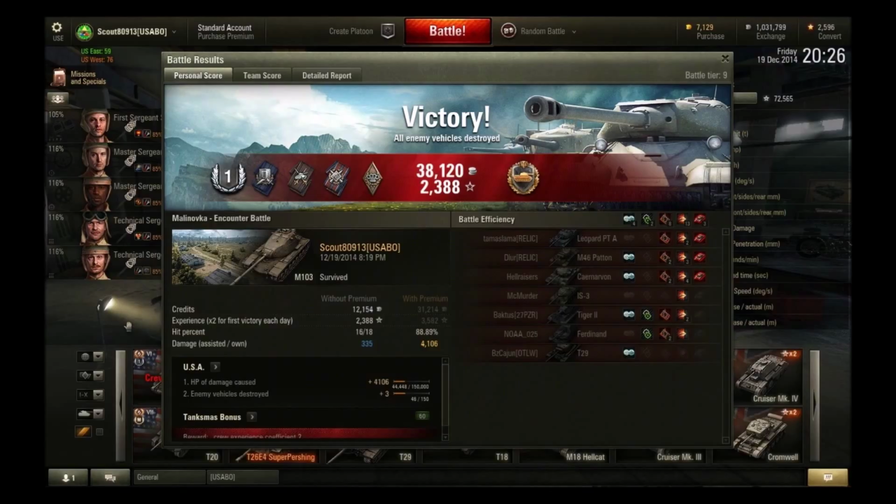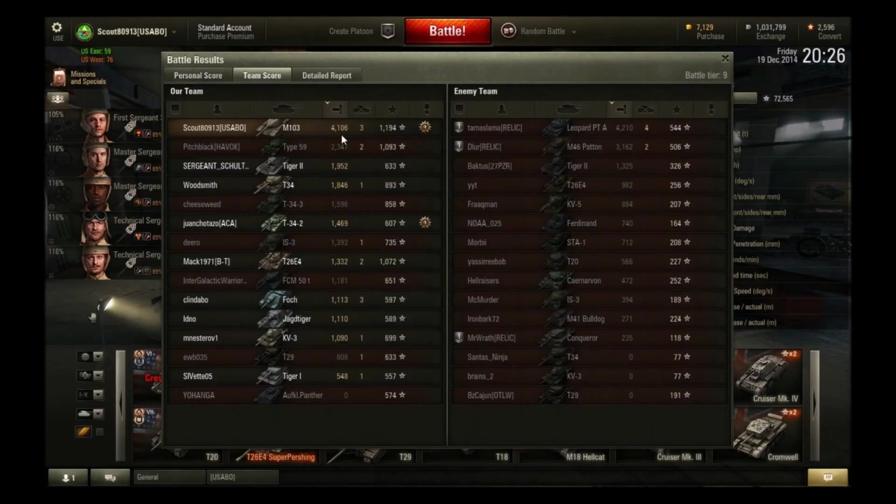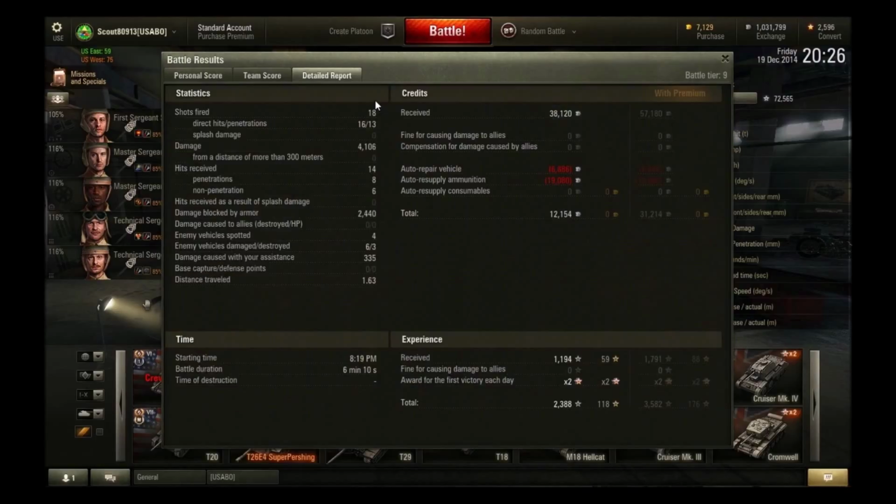Taking a look at the team scores, you can see that I was far and away able to lead my team in terms of damage done with 4,106 points of damage and able to pull in 1,194 points of base experience in that game. So really good game, just apparently still not enough for an ace tanker badge. Looking at the detailed report, you can see that I fired 18 shots, 16 of which hit, only 13 penetrated. Still good enough for